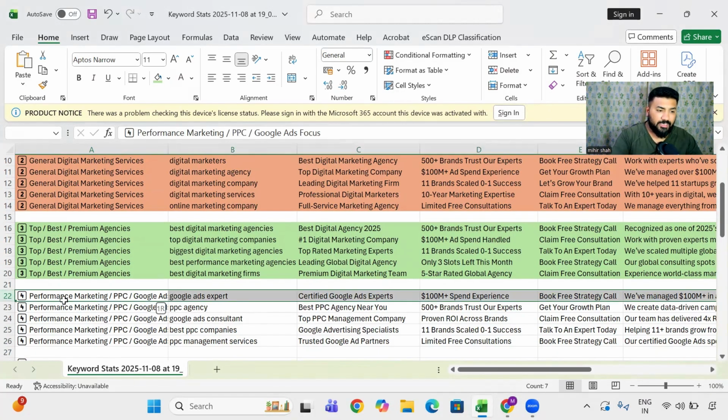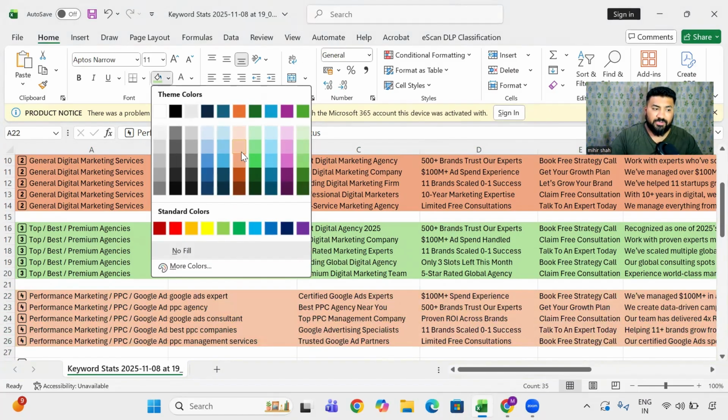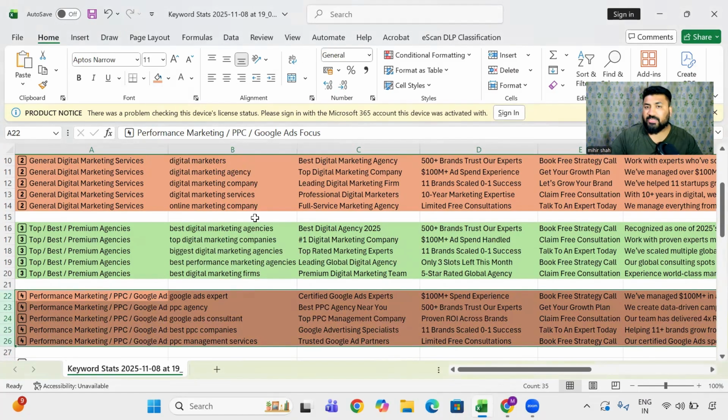So I'm not going to color the entire sheet right now, but this is how beautifully you can do this. And it does not really take a lot of time if you do it diligently one after the other. Right, all of these ad groups are ready. So this was basically my first part, getting all of these things done. The next part that I need to focus on is